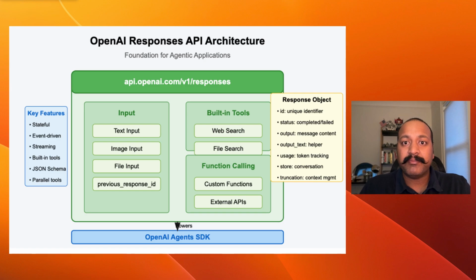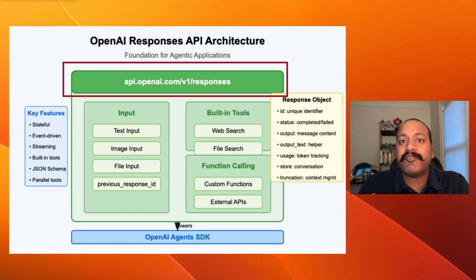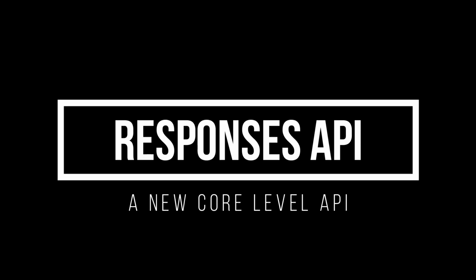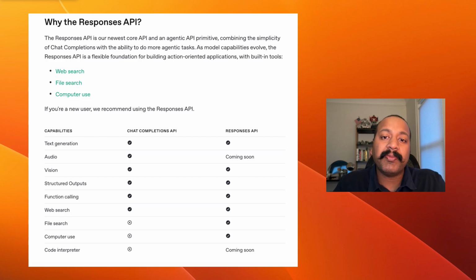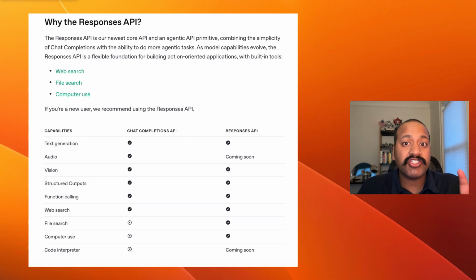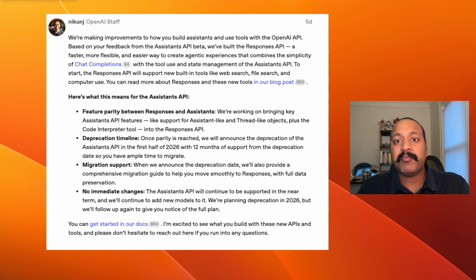Before we get started with building our agents through the Agents SDK, we have to understand the foundational aspect that's enabling the Agents SDK. That is OpenAI's new Responses API. The Responses API is OpenAI's new core API, and it forms a very important part of its Agentic framework. It combines the simplicity of Chat Completions API and uses the features from the Assistance API. Now, Responses API is not meant to replace Chat Completions API, but it is the next evolution of Assistance API,